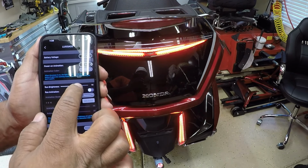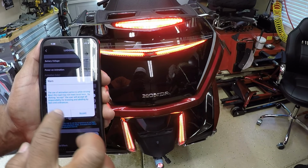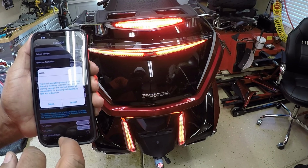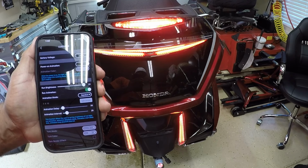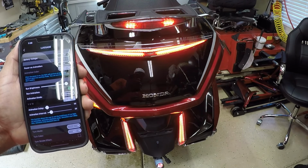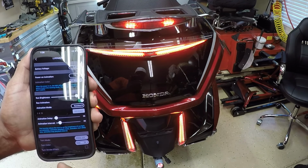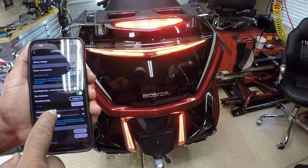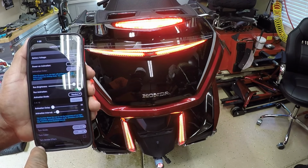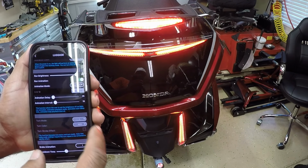Run brightness, I'm going to max it out. Make sure I'm visible. Run animations. The use of animation patterns while driving down the road may not meet local laws. I'm going to accept. Animation mode, I'm on random. Animation delay. I can slow it down, speed it up, intervals, speed it up, turn mode,